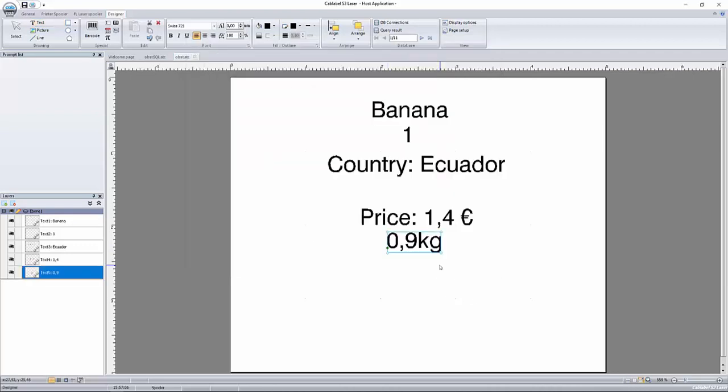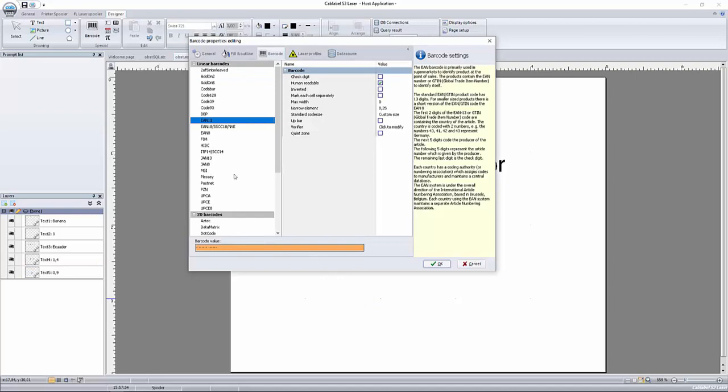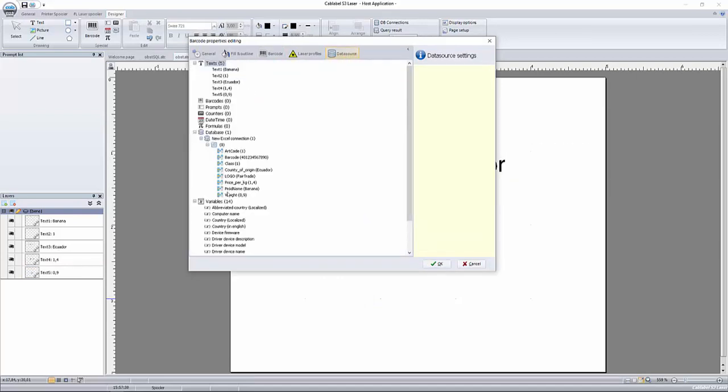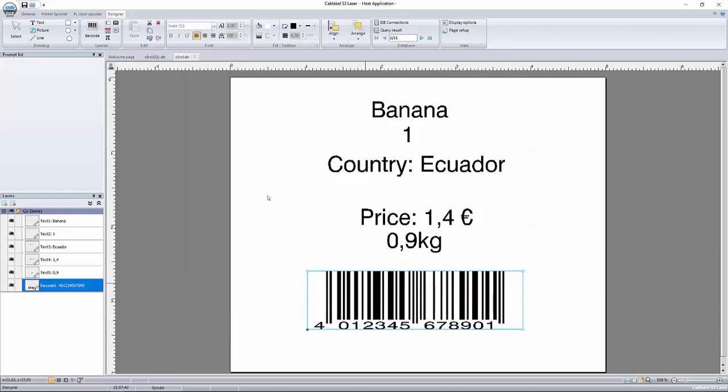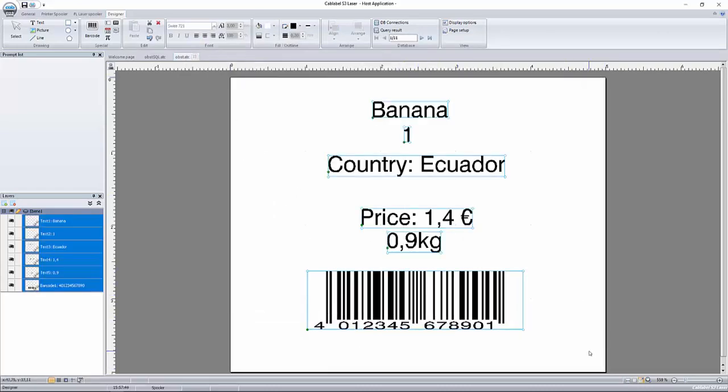So, the last thing that we will insert is the trading barcode. In this example, it's an EAN 13. We go to barcode, and here it is. Then we center everything on the